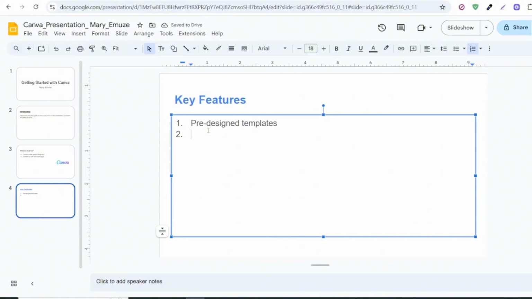I'm going to say access to free and paid photos, icons, and fonts. So I just want this to be as brief as possible. And so